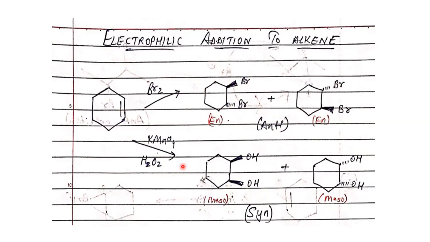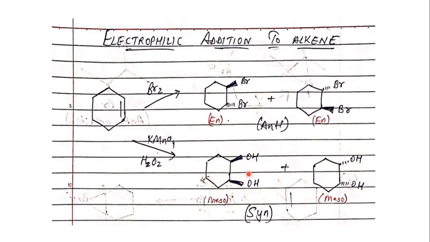Another example here I've taken is your OH group addition to alkenes. So almost a diol formation here in the presence of KMnO4, an oxidizing agent, and H2O2. If you can see here, the OH is acting as an electrophile and it is getting attached across the double bond. But if you can see the configuration here, both are wedge or both could be dash. So either you will get this compound or you will get this compound. And as you can see, these two are not enantiomers of each other. Rather, this is a meso compound.